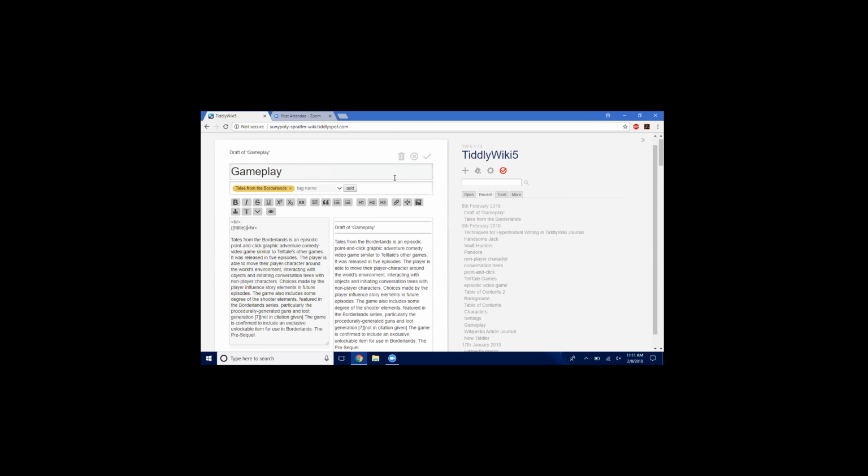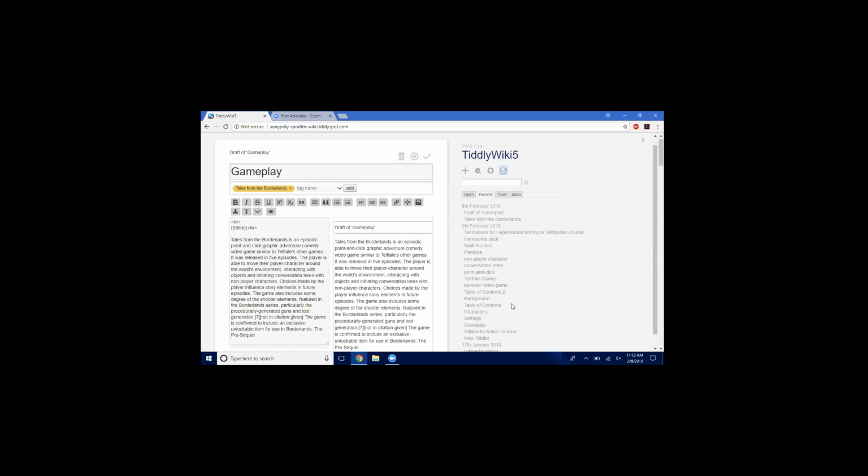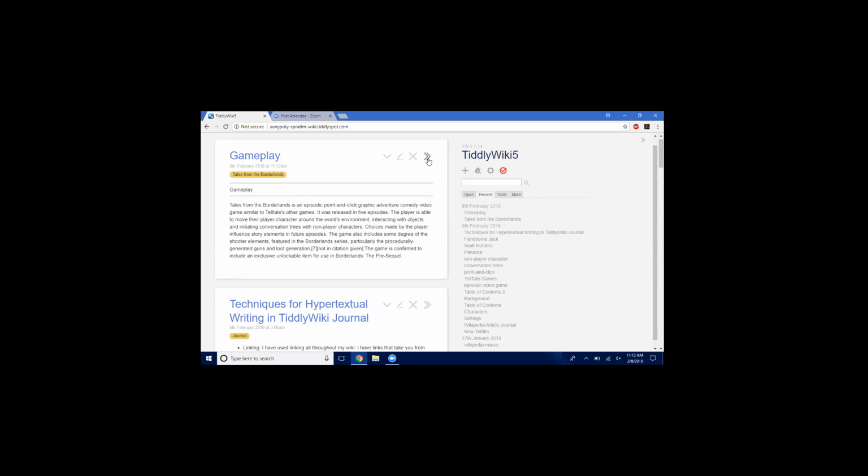So Marcus says I haven't saved it yet. He's right, but technically the tiddler that he's working on is now called draft of gameplay. If he closes this wiki now, go ahead, you can click this red save button, but I'll close the tiddler. Click the red save button. Oh, I forget that, never mind. Oh, there, it's saved, okay. He can leave without saving the tiddler, and the tiddler called draft of gameplay is still there. Okay, so now if you save the tiddler, in effect what that does is it erases the draft of gameplay tiddler, deletes it, and replaces it.